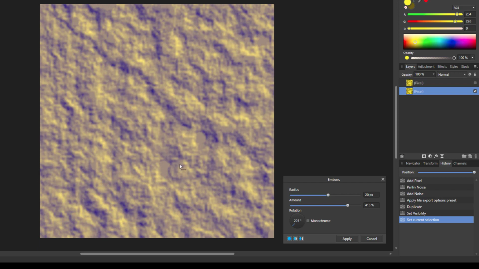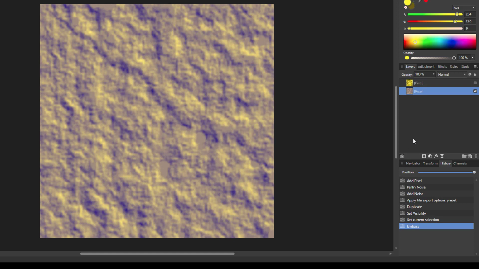Again, where you set this embossing and how much you inset it will affect the overall end image, and you can make all sorts of variations on the same theme. But once you're happy with it, you can just click apply